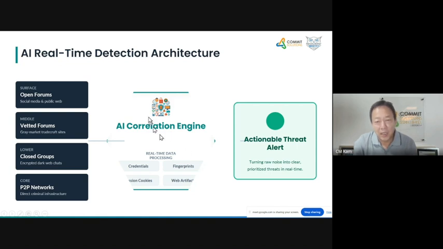proper database. And if any of this is related to your organization that has subscribed to the service, it will be flagged. It will be sent to your dashboard, and you see that, hey, look, this is something new, right? And you can actually act on it. Your incident response team can actually look at it and try to make sense of it.